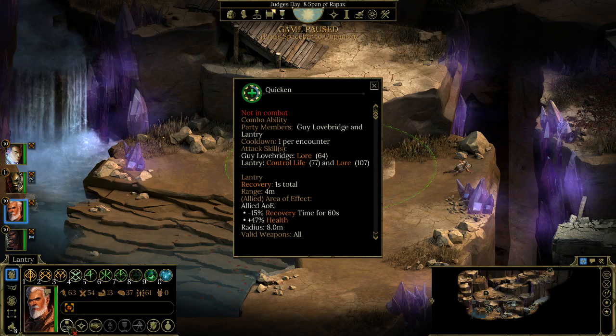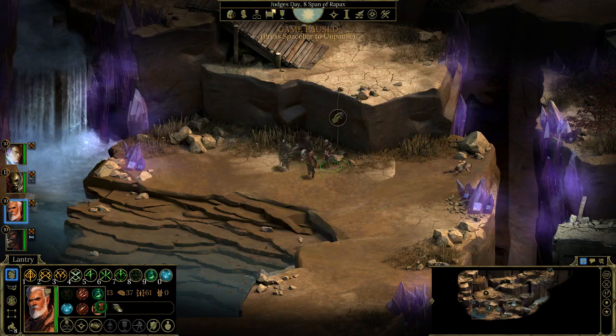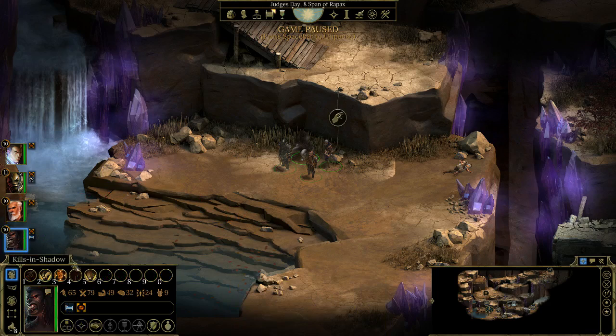What? Oh, I clicked on it instead of dragging it, I think. No? What? What's wrong? Oh. That tooltip was open, so it wouldn't let me drag a skill. Okay. Interesting. And then you have a new...